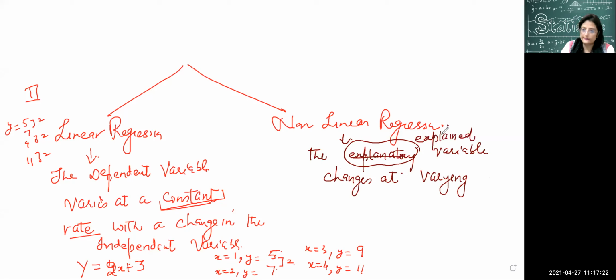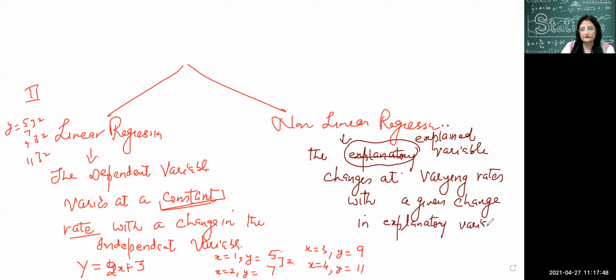क्योंकि चेंज किसने होना है? डिपेंडेंट वेरिएबल ने. द एक्सप्लेन्ड वेरिएबल चेंजेस एट वेरिंग रेट्स with a given change in explanatory variable. इसमें कांस्टेंट रेट ऑफ चेंज है, इसमें जो है वो वेरिंग है, इसमें कोई पर्टिकुलर किसी सीक्वेंस को फॉलो नहीं कर रहा जो आपकी y की वैल्यू आएगी, कुछ भी हो सकता है वो, ठीक है।